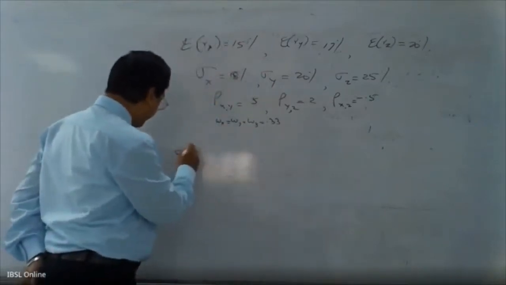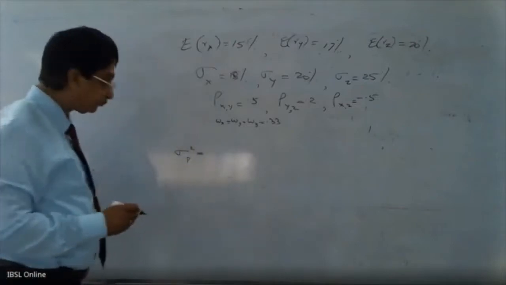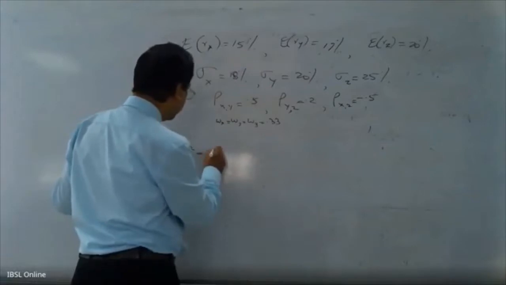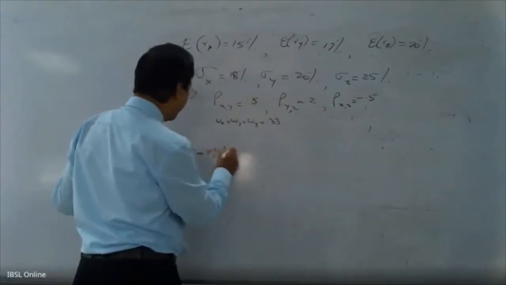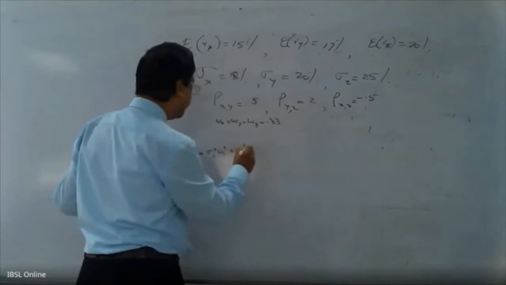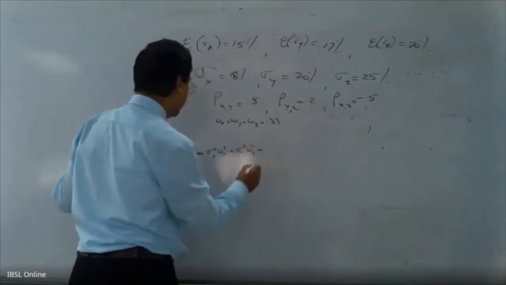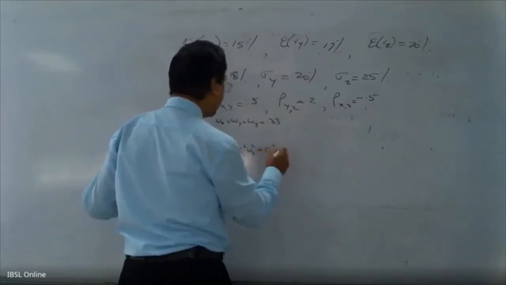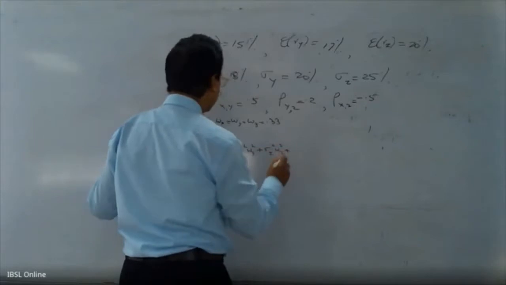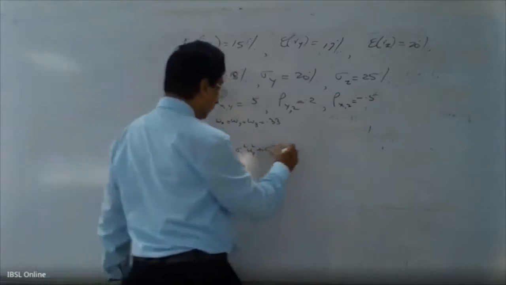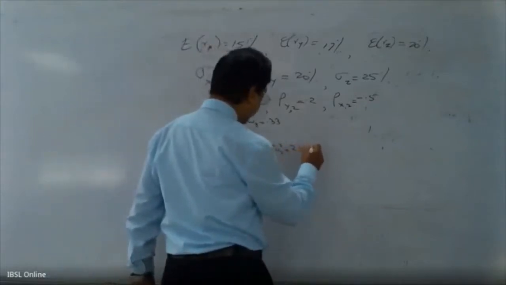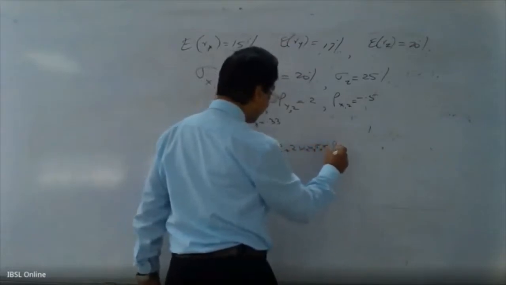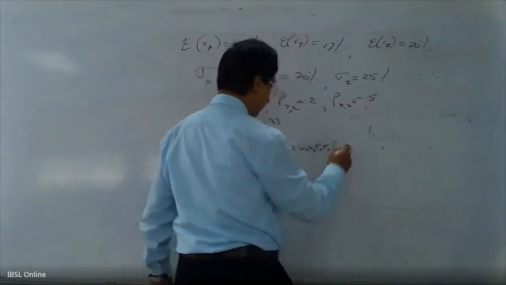Sigma p squared is equal to sigma x squared wx squared plus sigma y squared wy squared plus sigma z squared wz squared plus, now we start with xy, 2 wx wy sigma x sigma y rho xy plus 2